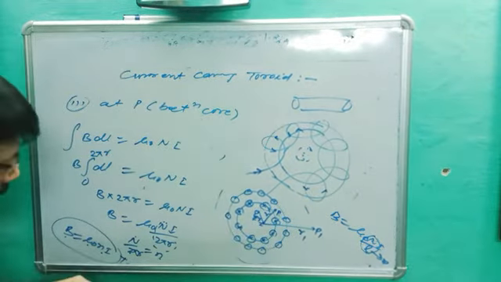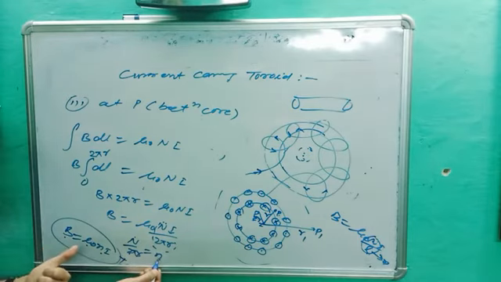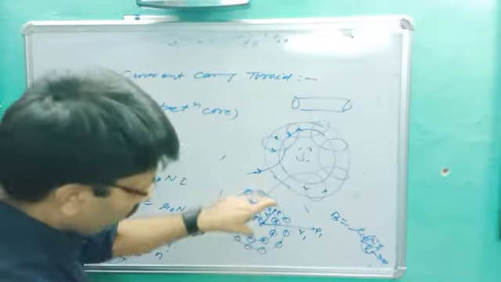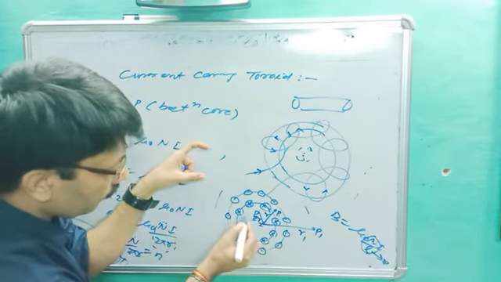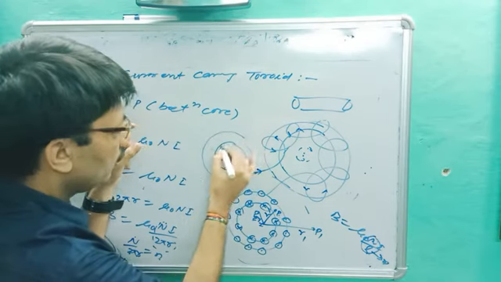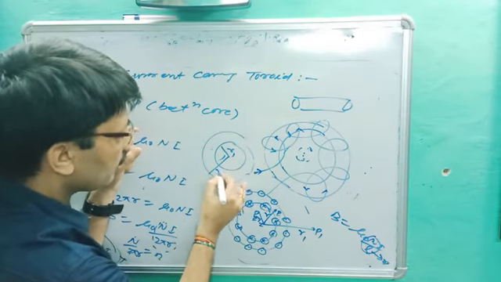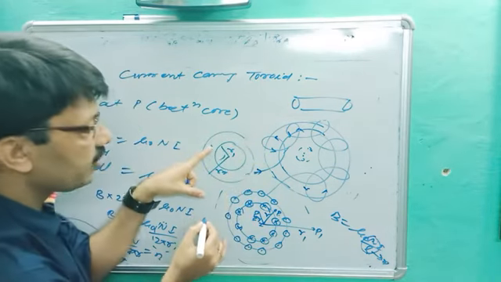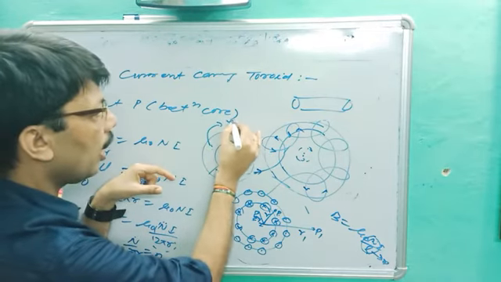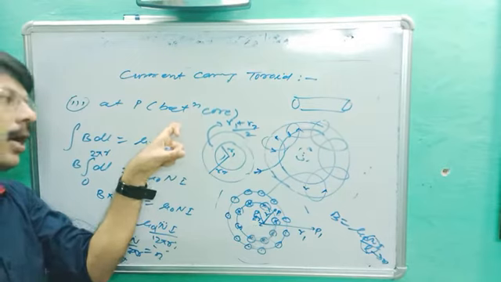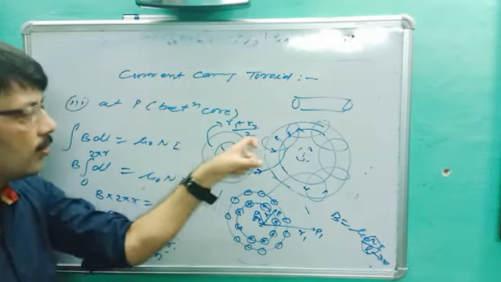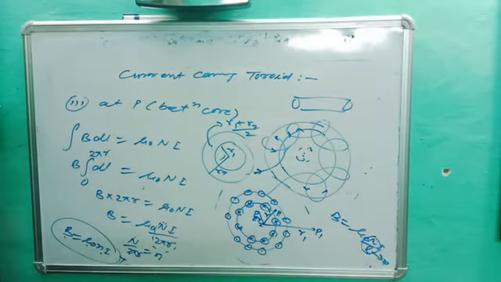One more thing is there. If I ask what is the value, how can you find the value of n? So you need r, but here you can see r is the radius of core, but this radius is divided in two parts. Let's suppose this radius is r1 and this radius is r2. How can you find the value of small r? You have to take r1 plus r2 divided by 2. It means inner radius plus outer radius divided by 2, then you will get the radius of toroid. So the formula becomes B is equal to mu naught n I.